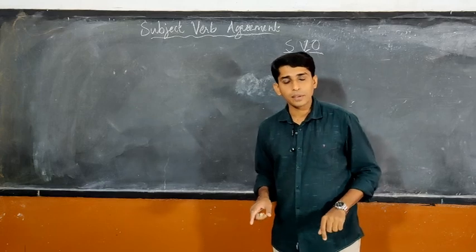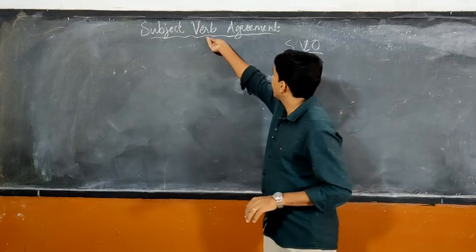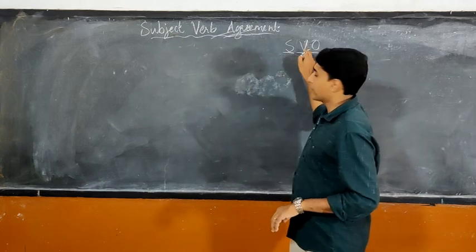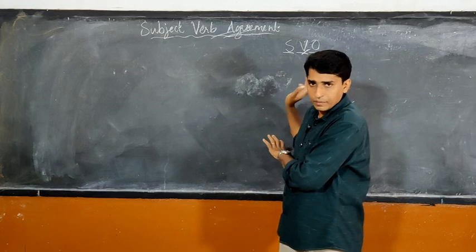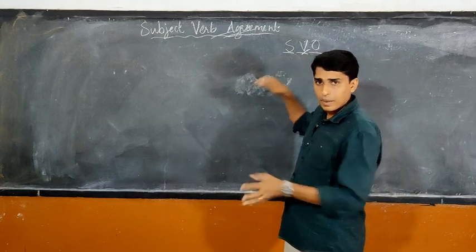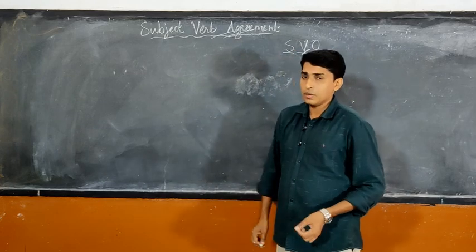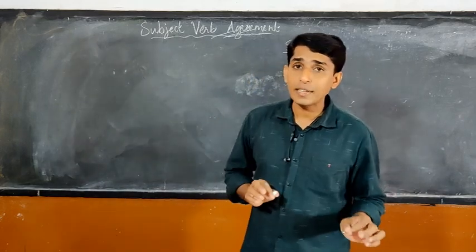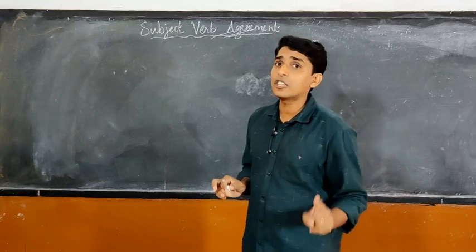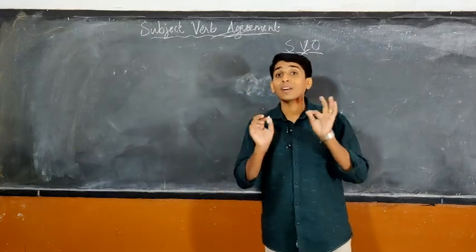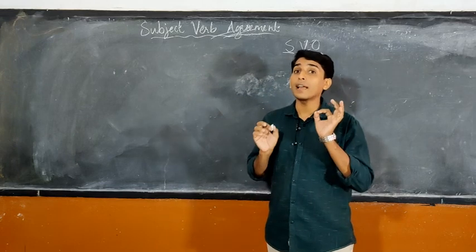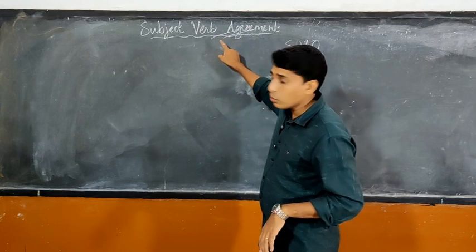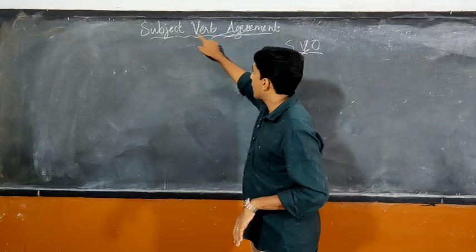That is the verb. See, dear children, there is an agreement between the subject and verb. Keep the object away. We are already speaking about subject and verb. About the object we will see in the next section. Now we will see the relation, the agreement between subject and verb. This is the basic thing you should know when you speak or write English. This is where we make a lot of mistakes. As I told you, there is an agreement between the subject and verb.